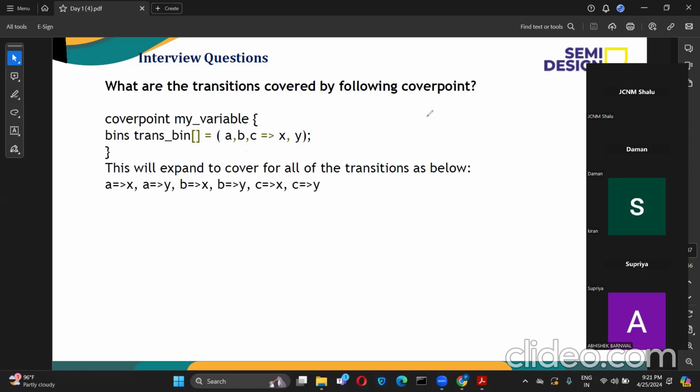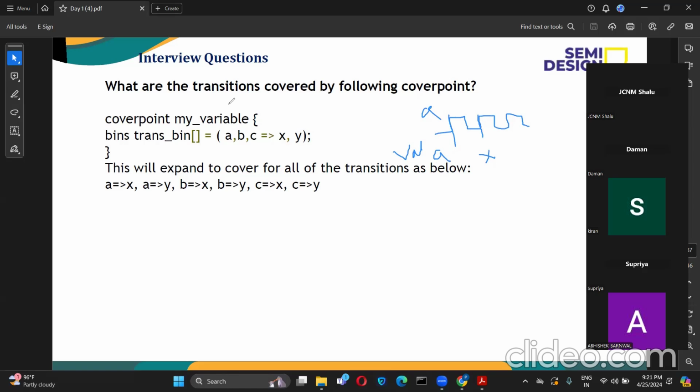It's like this: for example, we have a clock here, and then we have a signal A, and then we have something called a value signal. In this value, at the first clock cycle A should come, and in the next clock cycle X should come. If this condition happens, it means this bin will get hit. It means after A, X should come. It's not that instead of A, X should come. The transition itself, in the name, we say we transition from this to this, right?